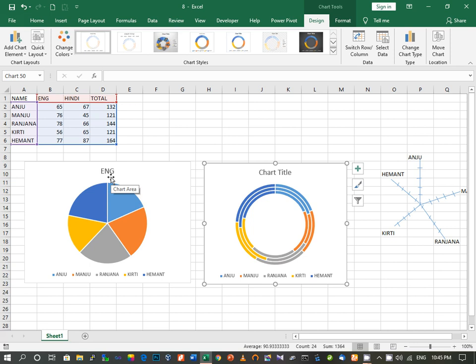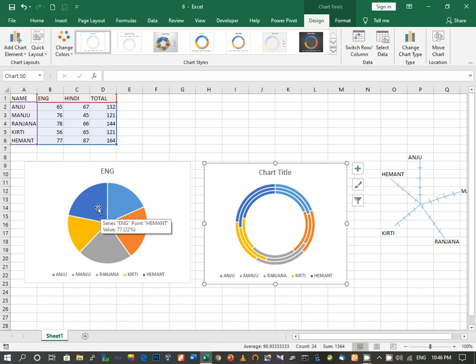And this kind of chart is divided into segments, and this shows the relative size of each item in the chart. So what is the relative size? Like here this is for Hemant, this portion of the chart, or the circle, represents marks of Hemant. So how much he got, what is his proportion as compared to other students in the class. Like Hemant got 77, this is the highest marks you can see. And the proportion means the relative size, if we compare his marks with others' marks, then we can see what is the ratio of the circle which it occupies.